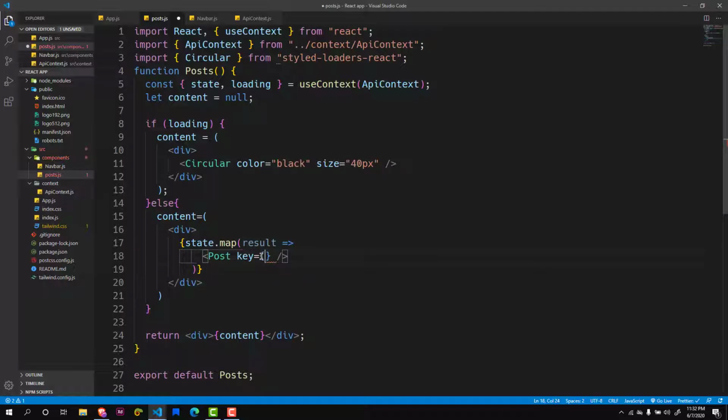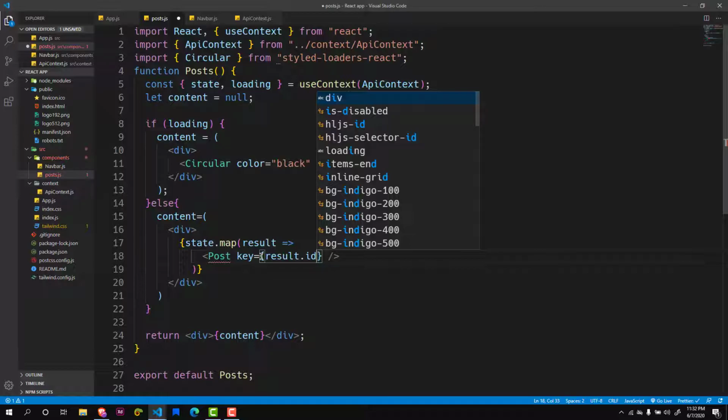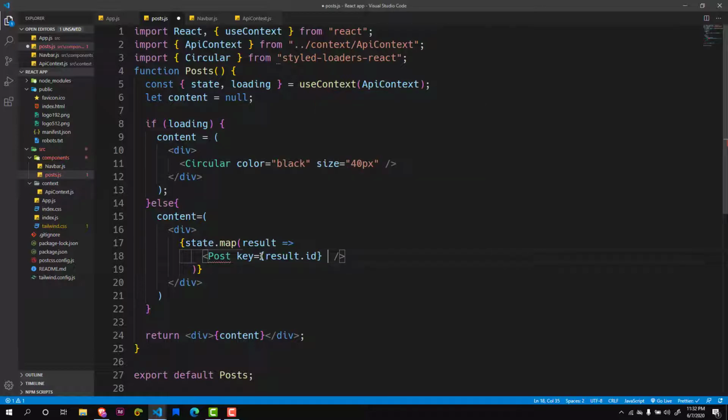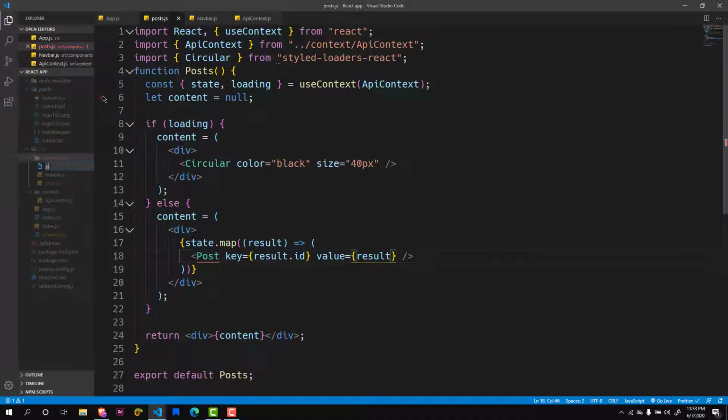We want a key component, which we are going to be using from result.id, and we are passing in the value as a prop so that we could access it from a different folder. So I'm going to be passing the result as the value. As you guys can see, it's not defined, so I'll create a new component inside the component folder